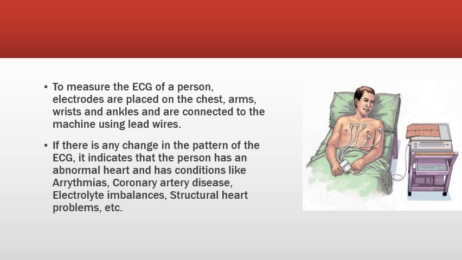When there's any abnormality in the pattern of the ECG, it indicates that the person has abnormal heart rhythm and hence can suffer from abnormal heart rate, and that person also can have heart conditions like arrhythmias, coronary artery disease, electrolyte imbalances, structural heart problems, etc. An ECG helps us to detect any heart abnormalities. In conclusion,